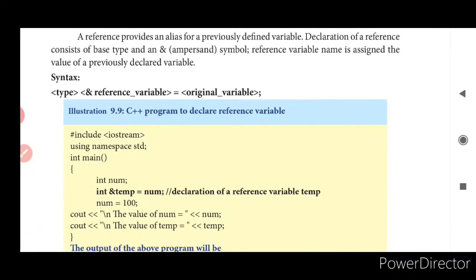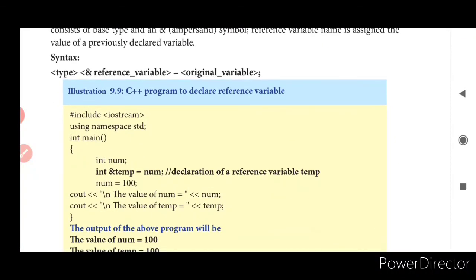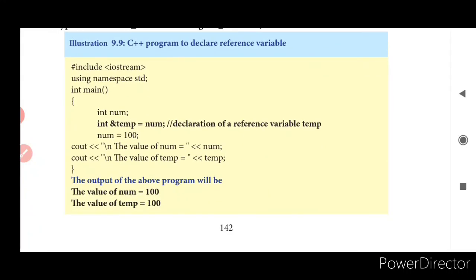Say for example, let us take a sample program. I already taught you this also, isn't it? What is a reference variable? What does it actually do? The address of the reference variable refers to the variable assigned, so it refers to the value of that variable.